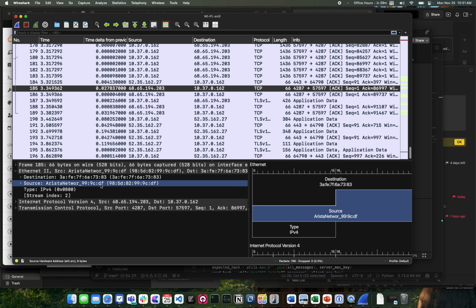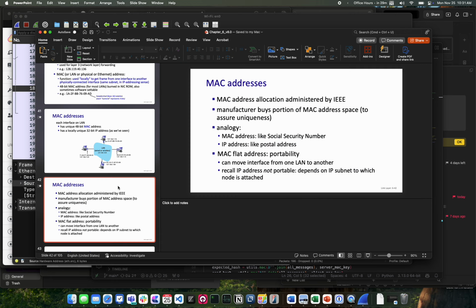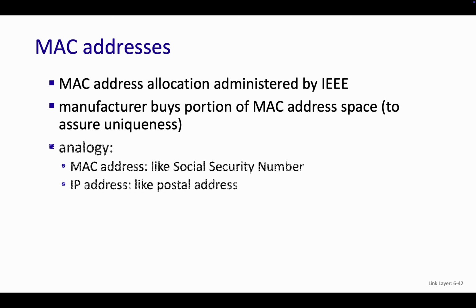Apple has them too. Anyone that makes these devices will own or pay some money to have this. So this is their bytes of data. That's how it's able to substitute that out. So it's a lot more helpful, this is easier to read or remember than other devices. That's how they buy a portion. It's unique to them.